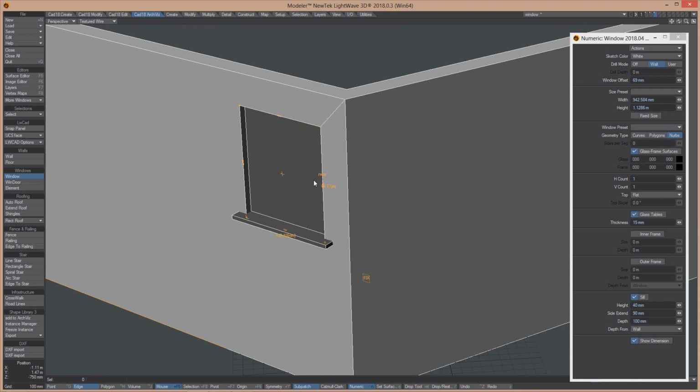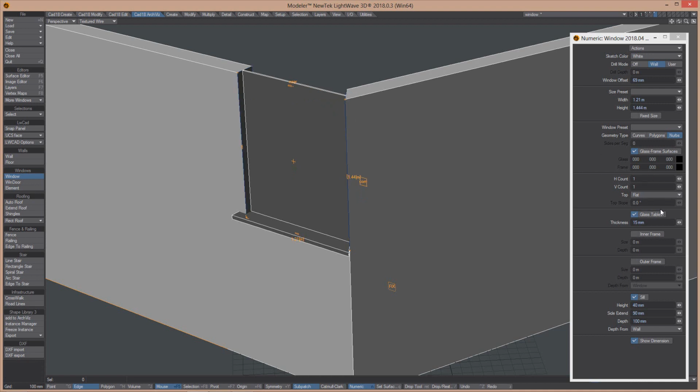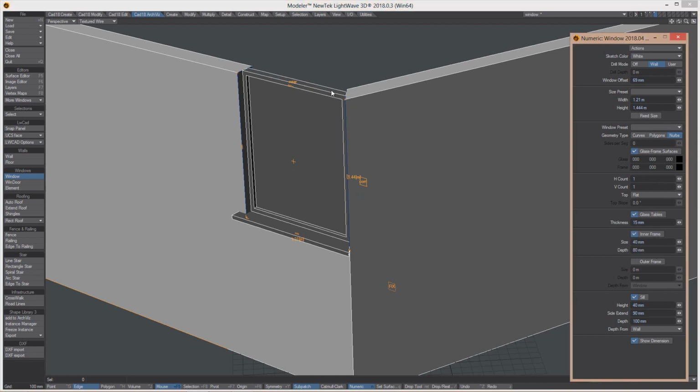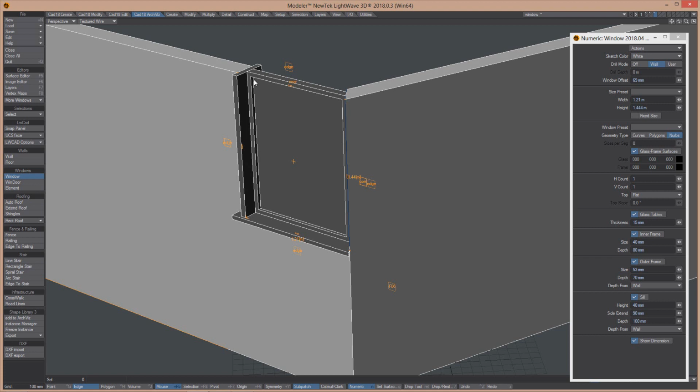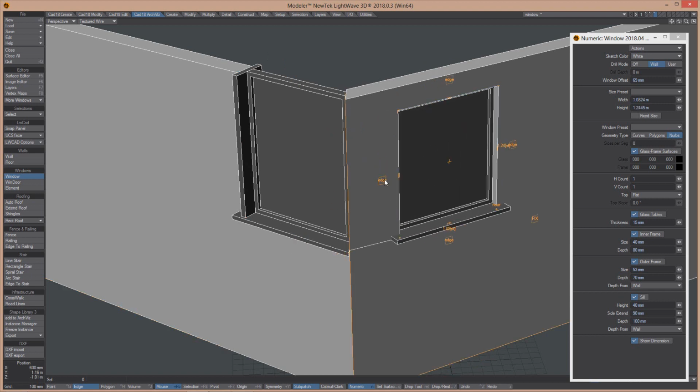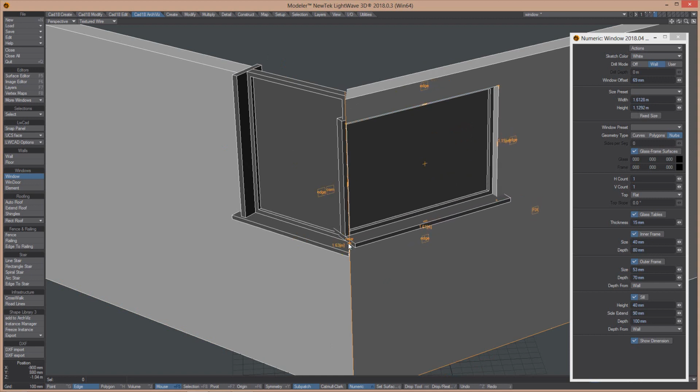When you reach the edge of the window with the corner of the wall, then you get this corner button. Clicking on the corner button, you will enable corner mode, and with corner mode, every part of the window is adjusted to fit this corner. So let's say I will add inner frame, which is adjusted, outer frame, I will disable this, enable here, enable top. You can see everything is aligned to the corner, and you can also create this identical window from the second side